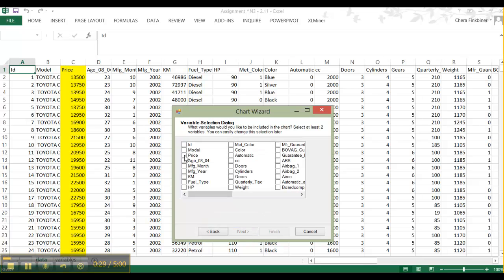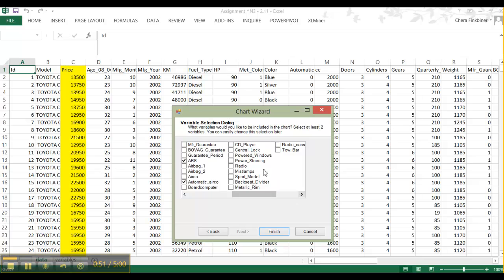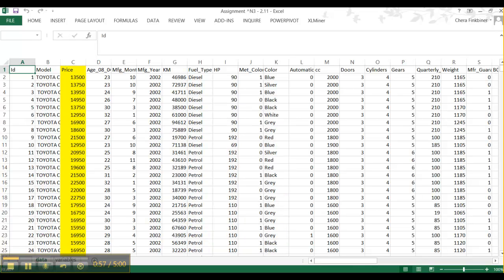I'm going to choose price, manufacturing year, color, automatic, let's do automatic transmission, anti-lock brakes, automatic air, and let's do power steering. And if I finish,